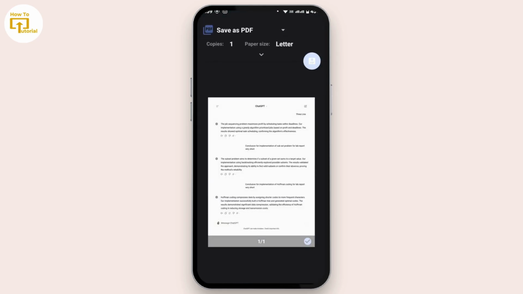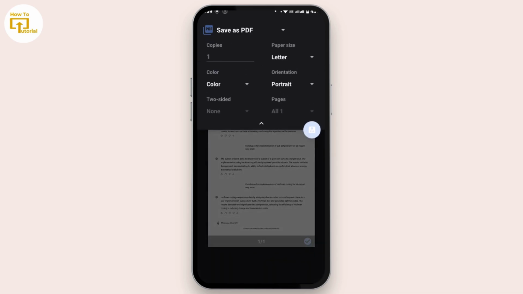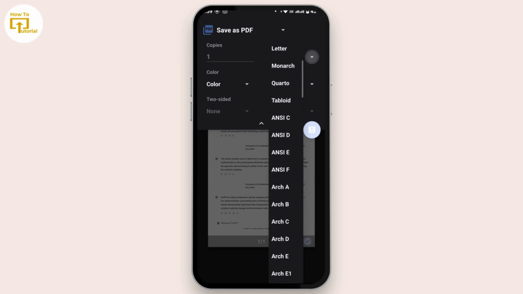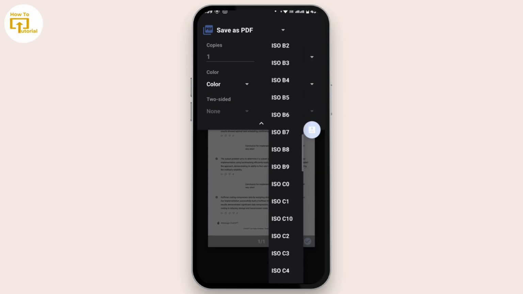Now you will get the PDF format of your conversation in this interface. So first of all, you can customize the size of your paper. If you tap on this letter, then the paper size you can select as you wish. You can go with all of these options right here